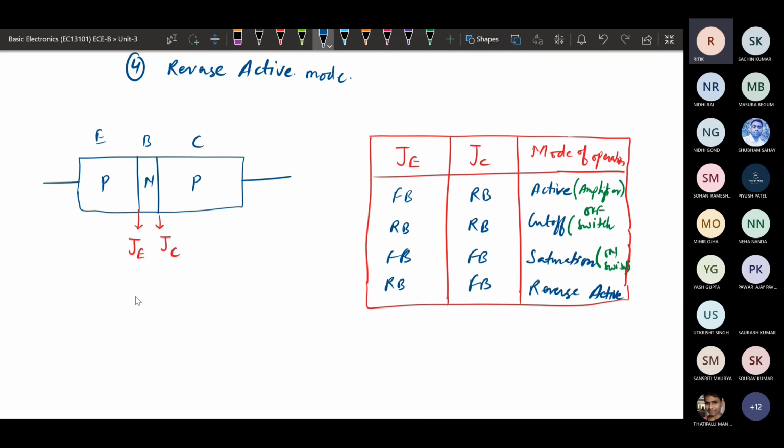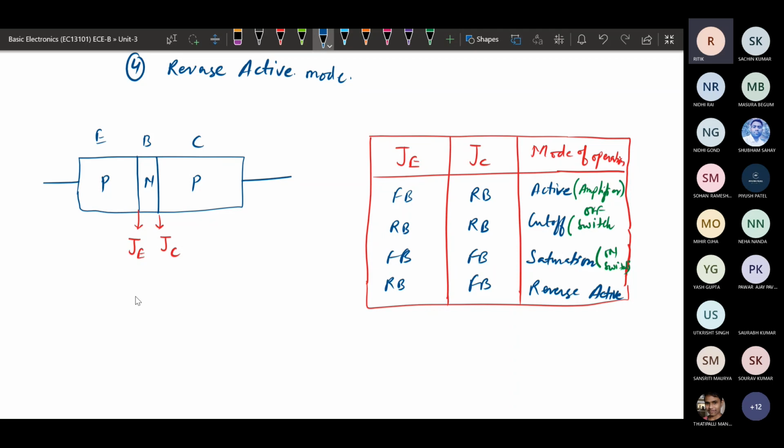So here, based on the junctions, this is the BJT. Here 2 different junctions are there. So one is PN, between the P and N regions, separated by this junction. This is called JE. J is there because it is on the emitter side, so it is JE, that is called the emitter junction, and between N and P there is another junction.